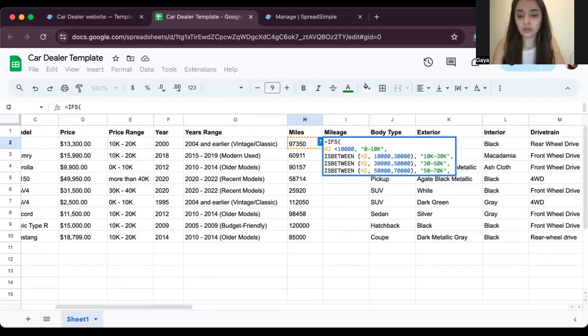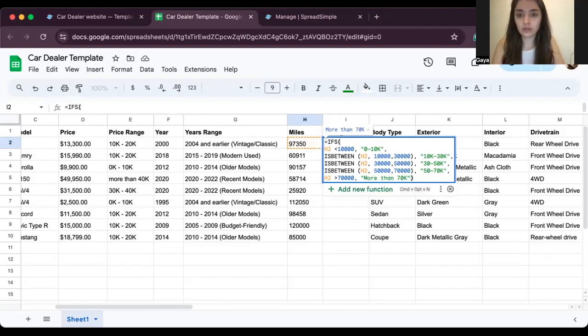And the last one is going to look just like the first one. More than 70,000. And we're going to name it accordingly